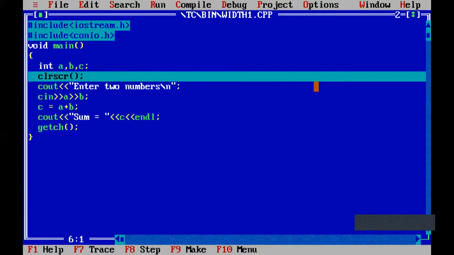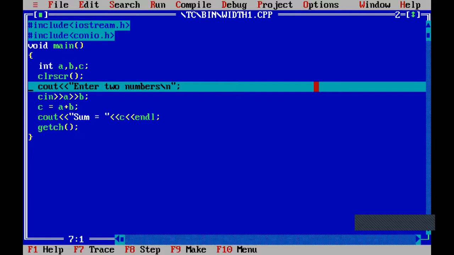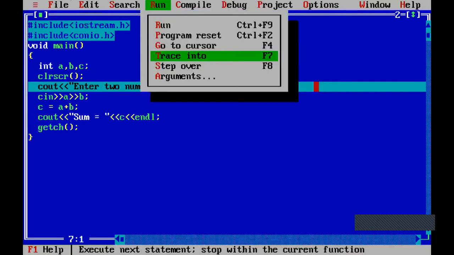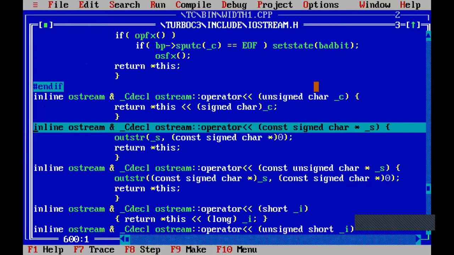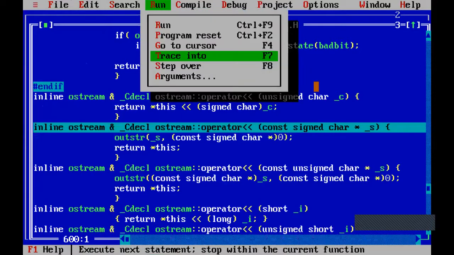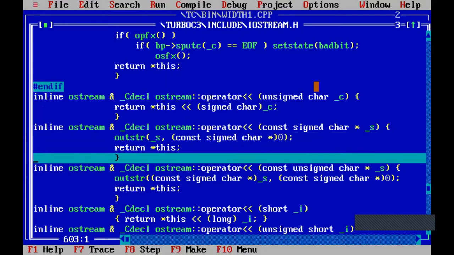See, clear screen. The declaration part will be executed, but program control is not on that line, yet it is executed automatically. Clear screen refers to the output screen being cleared at that point. Then the cout statement. Whenever program control comes to the cout statement, it will refer to iostream.h. You can notice the program control going to the iostream.h header file. On the top side, it shows Turbo C3 include iostream.h. So this is the iostream.h header file. You need not worry about these lines. It will work.